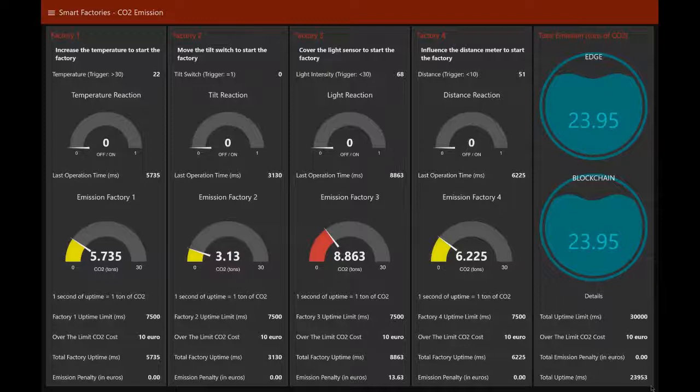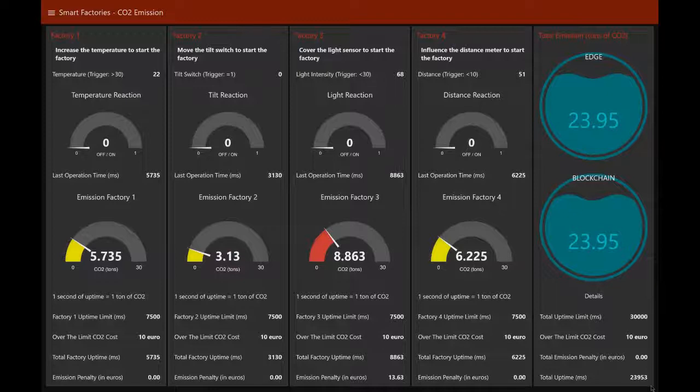All of those actions are represented on the dashboard that you can see in the small picture inside the screen. As you can observe, all of my actions on the board are immediately represented on the edge and in the blockchain. Also in there, you can see the CO2 limitations that are put on 4 factories themselves and the company,